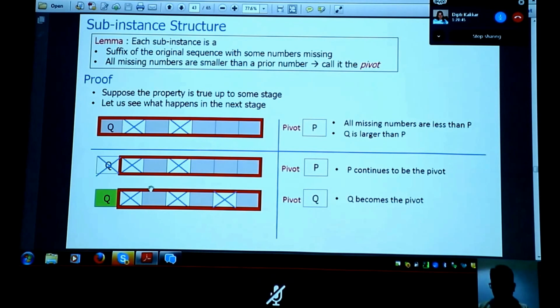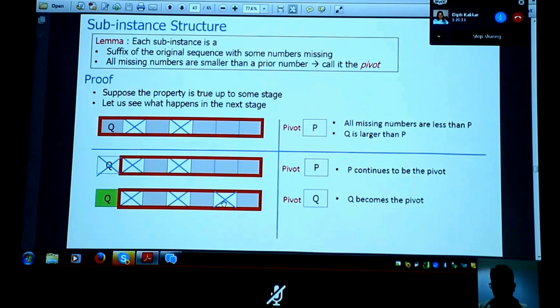The other case is if I choose to pick q. In this case, this q is not getting killed here. Why didn't this p kill q here? Why is it not missing? Why is it alive there? Because it's bigger than p. This q is bigger than p. That is why it's not crossed out here. So I can pick it. I picked it, and now I make q the pivot. I kill all the people who are less than q now, and maybe I kill one extra.